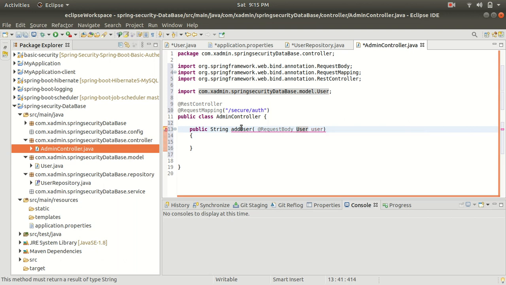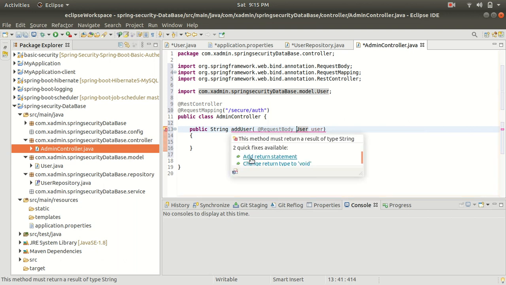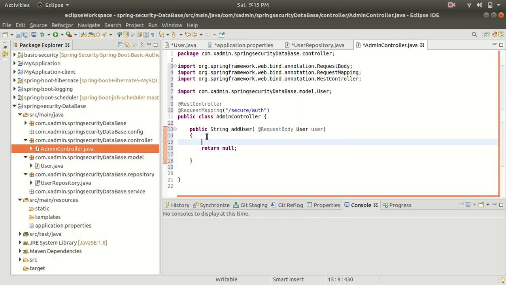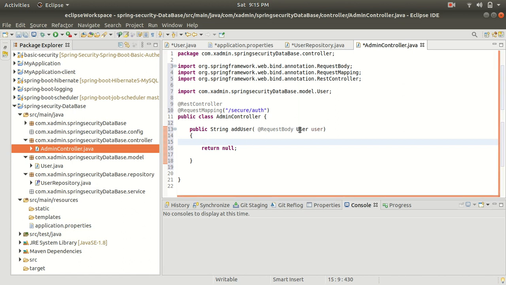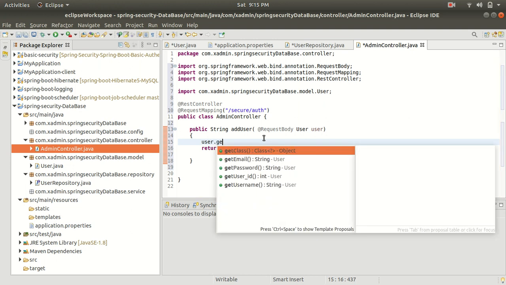All right, so let's add a return statement, and now guys I am going to take the password from the request object. All right, so user dot get password.